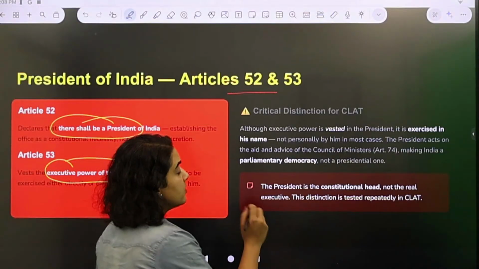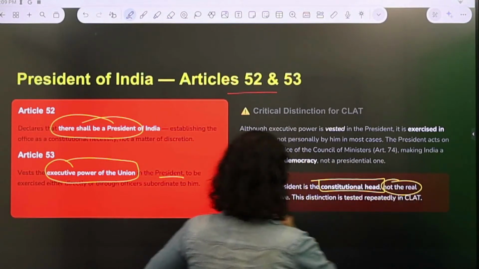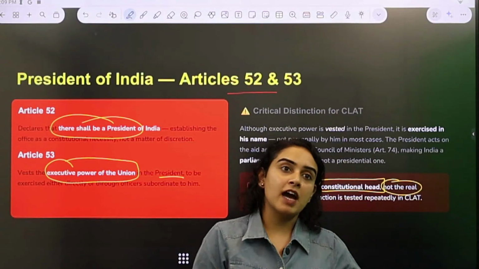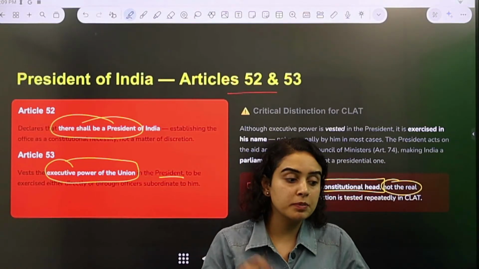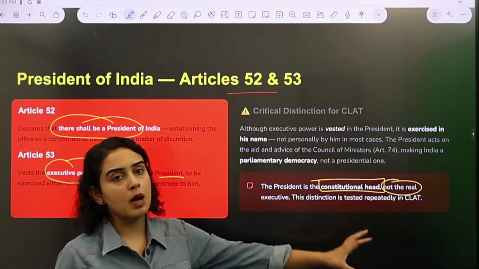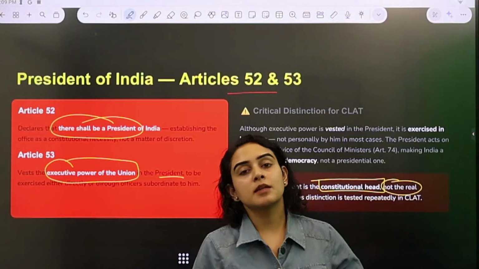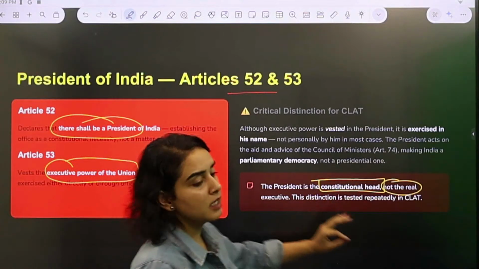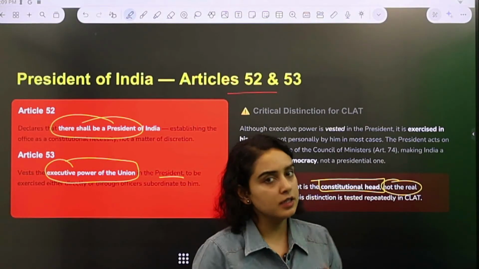Something really interesting is that the President of India is merely the constitutional head and not the real head. So, what does that mean? It means that every executive action that has to be carried out shall be done in the name of the president, and it's the president's signature that is going to matter the most. But the real powers, the actual powers, are going to be with the Council of Ministers and the Prime Minister. We are going to understand about the same in detail, but simple for us to remember and understand that the president is merely the constitutional or the nominal head, not the real head.